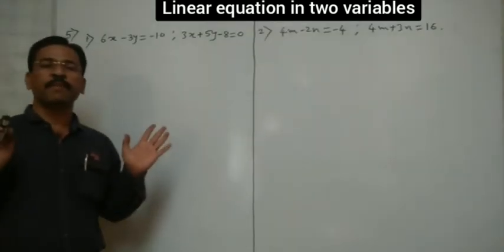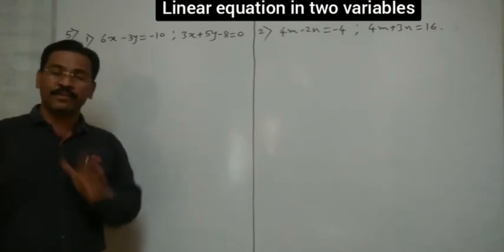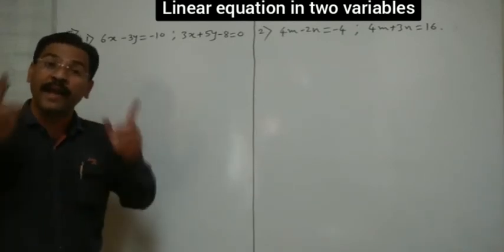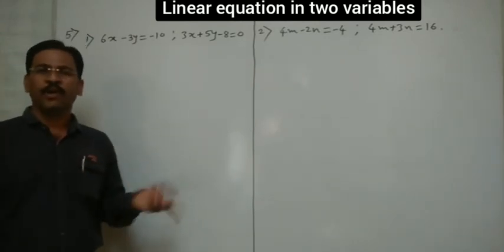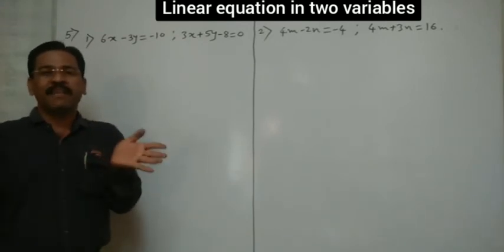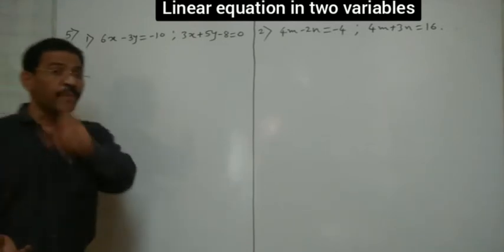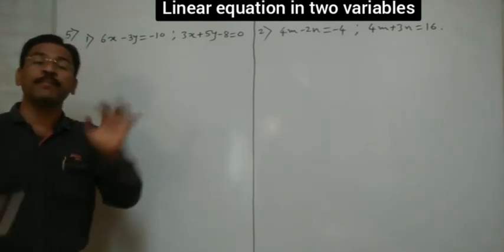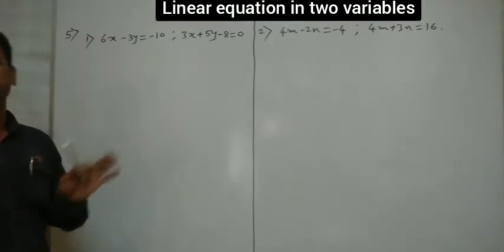See here, in question number 5, we are going to solve the simultaneous equations by Cramer's rule. Okay? Cramer's rule we already know here. I'll just tell you how to write the D, Dx and Dy. The remaining part you can solve because these are very simple. But remember, first of all, we have to arrange them in neat form, one by one. Okay, I'll arrange first D, Dx, Dy.